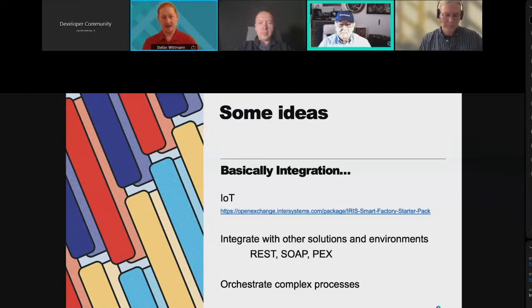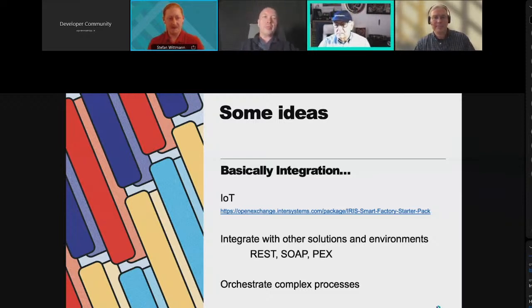It's always interesting to interoperate with other services. You can use multiple tools for that. You can just use REST services or web services for that. You can also use PEX, which is our current tool set for interoperating with languages like Java or .NET. Bob is going to talk about that in a second, so look forward to that. And of course, that can be part of your application. You can try to orchestrate complex processes.